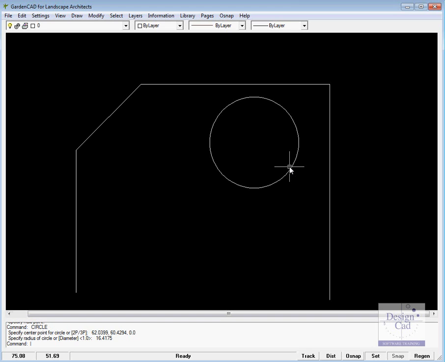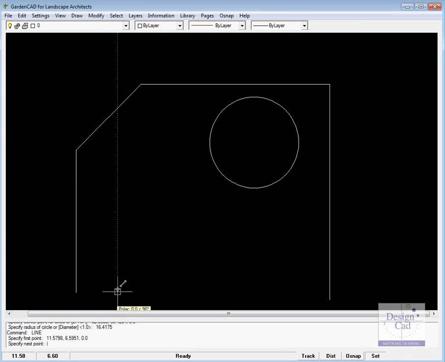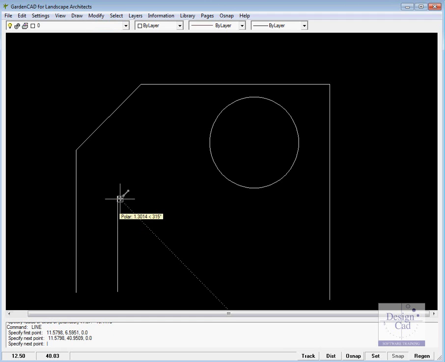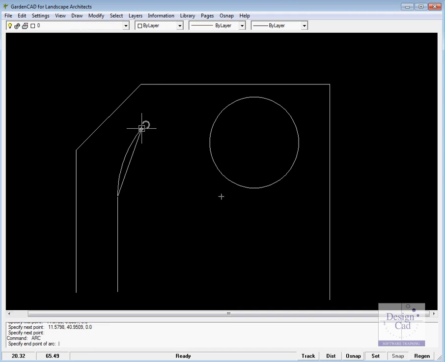over it. Let's now put the edging in, and again we'll use draw line, and I'll start here and we'll move up. And at this point I want to show you that if you start drawing a line, you can swing and join an arc onto it. So I'll say draw an arc. I'll make an arc tangential to that line, and you can see that the arc is tangential to the original line. And if I leave it, watch the little beige indicator to show, I'll get a nice shape coming around